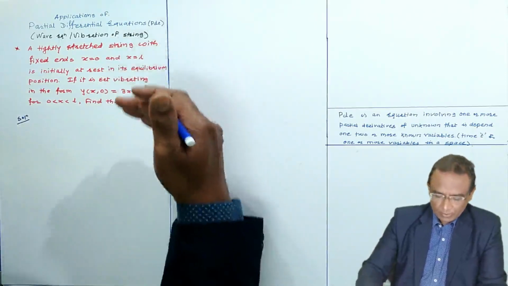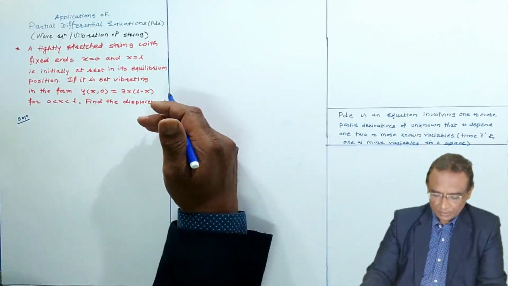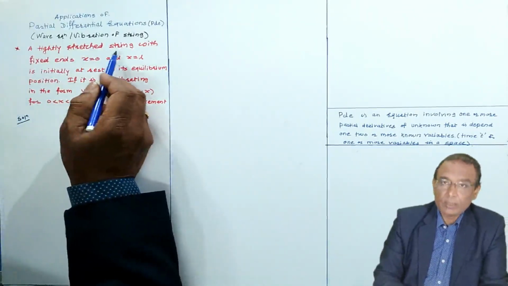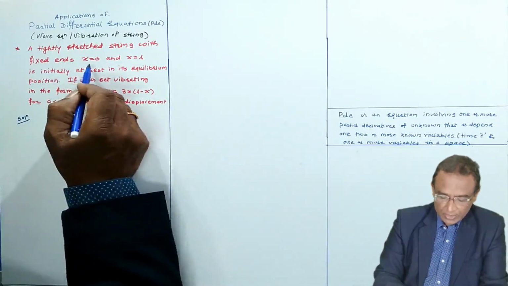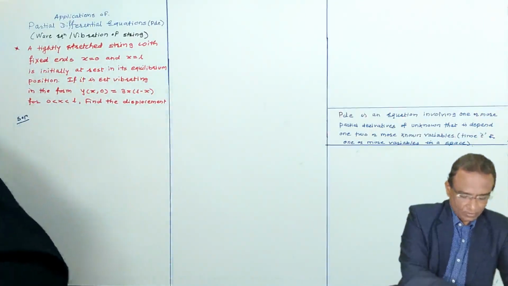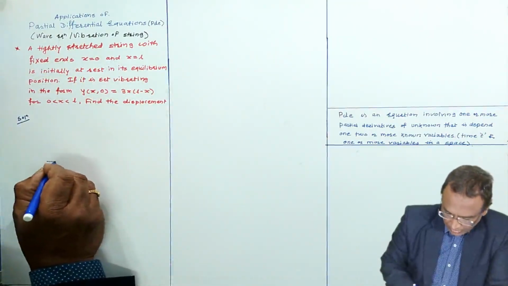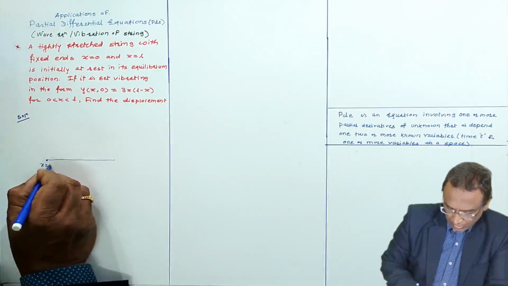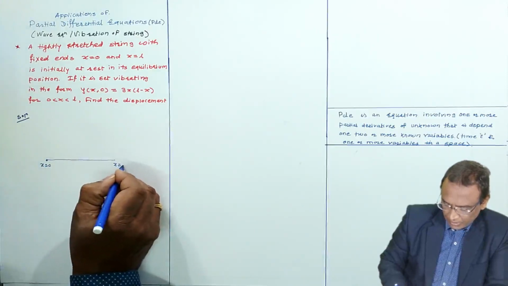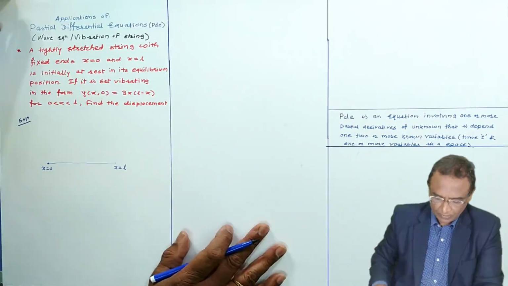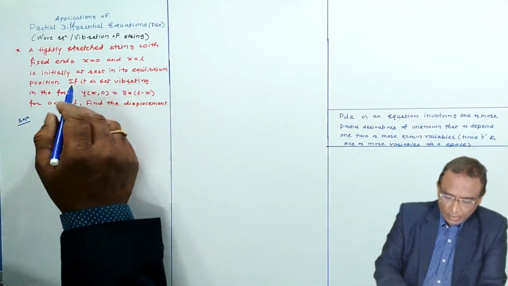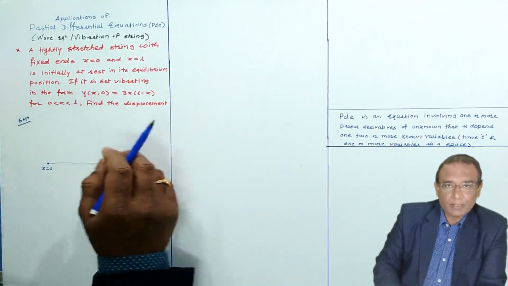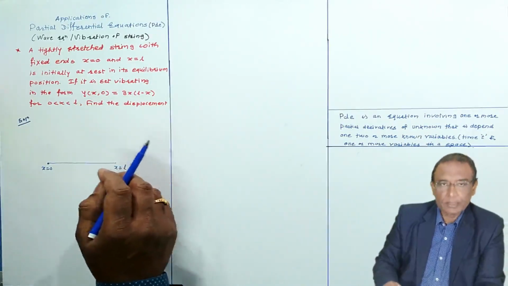So in order to save time, this problem I have written on the sheet. The problem I am going to read. A tightly stretched string with fixed ends x equal to 0 and x equal to L. Here, the length of the string is L. And it is initially at rest position. If it is set vibrating, if you distort it,